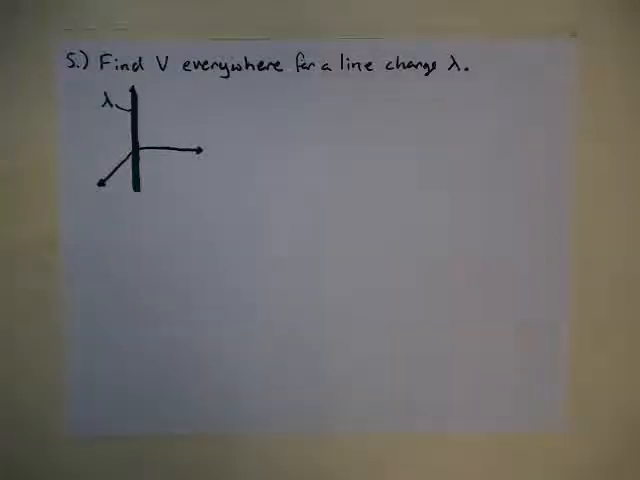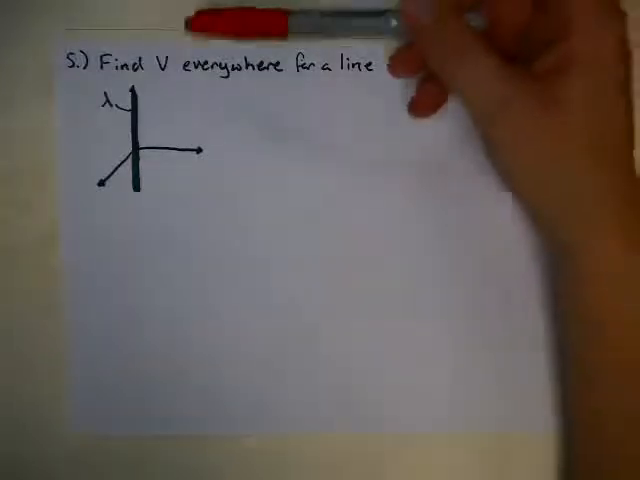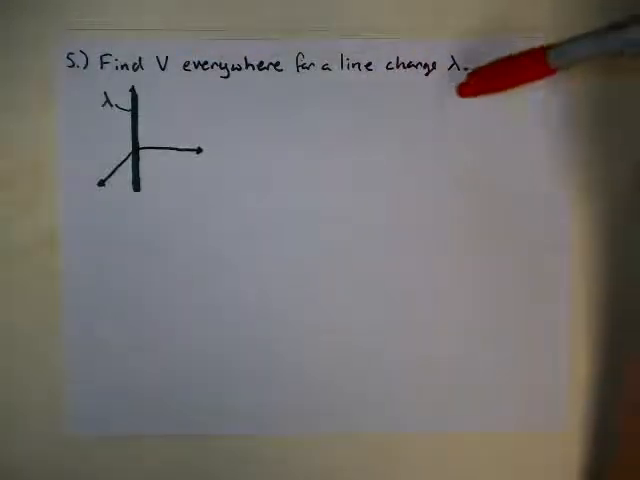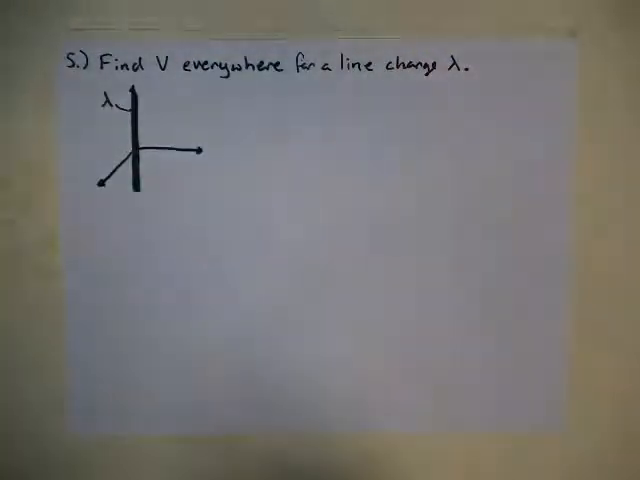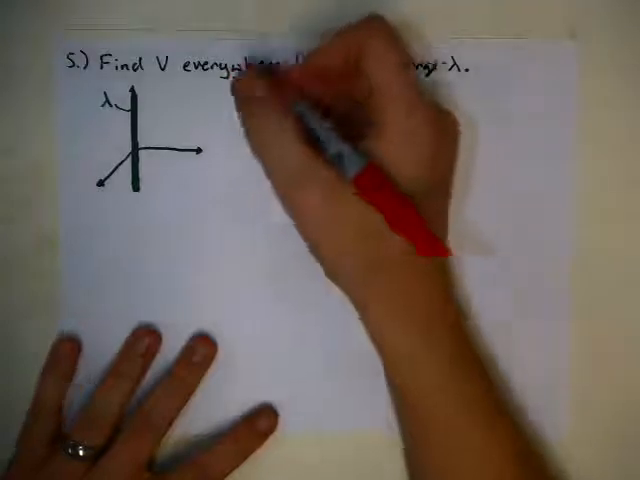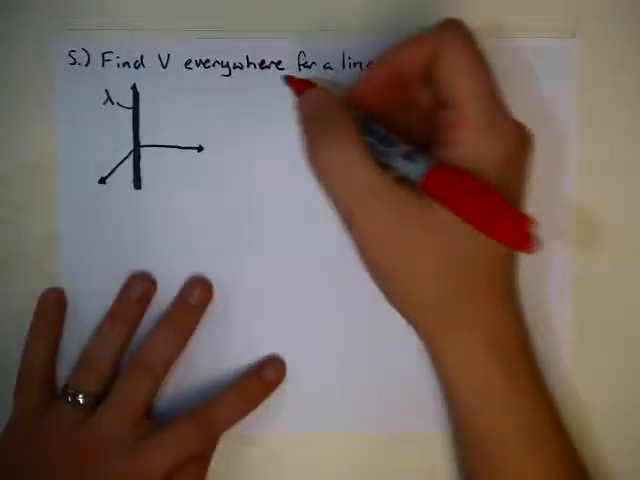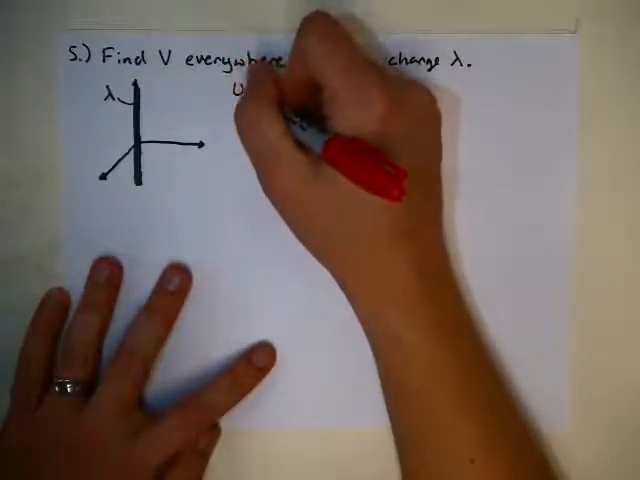Homework 3, problem 5: find the electric potential V everywhere for a line charge lambda, given here. Now, we're going to use the same method we did for problem 4, which is we're going to use Gauss's law